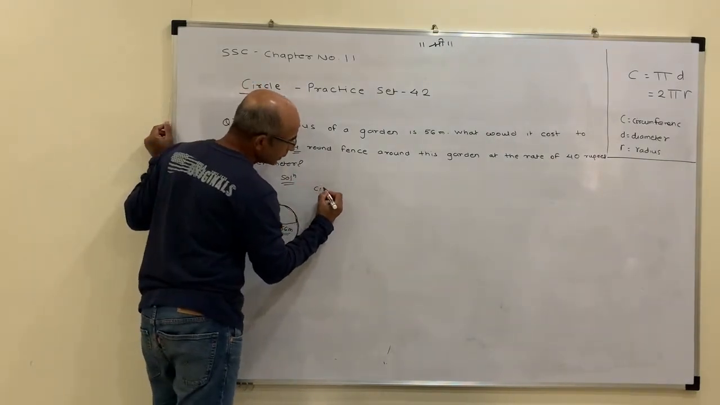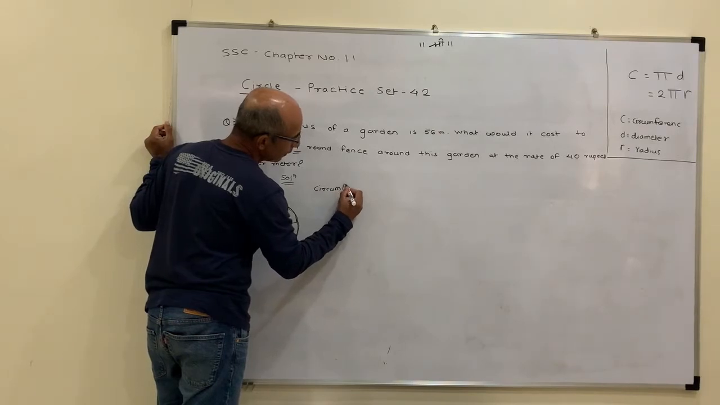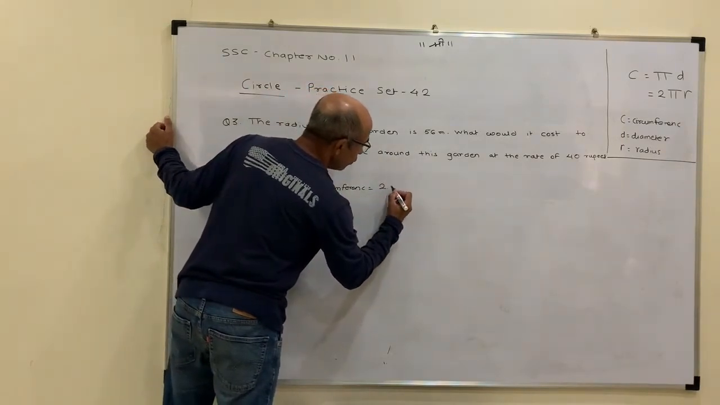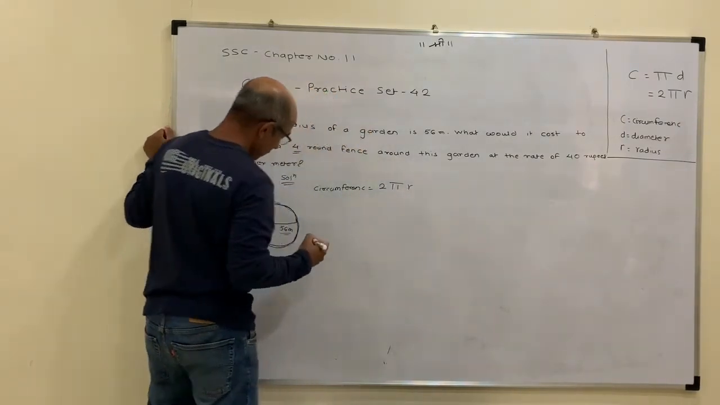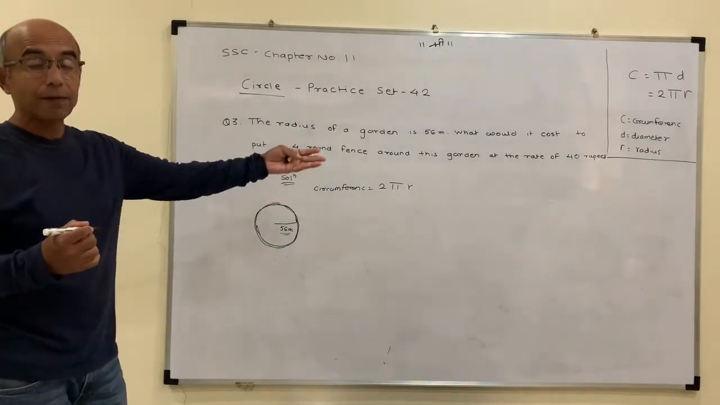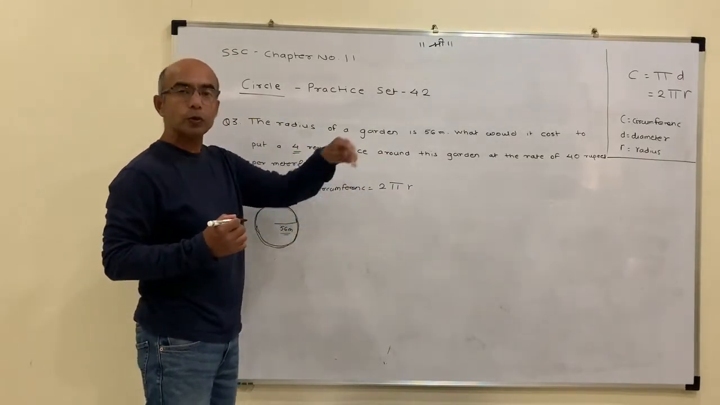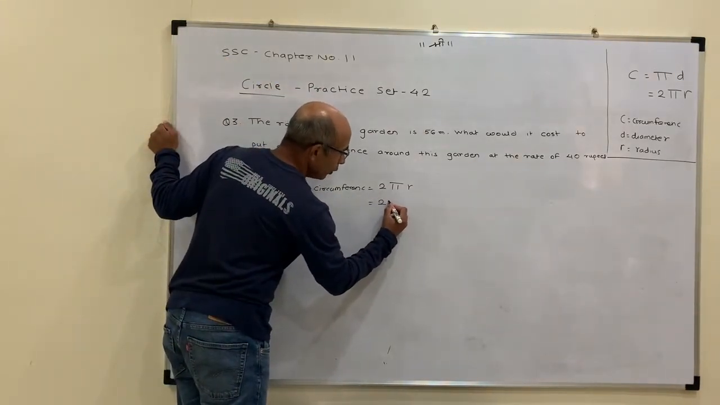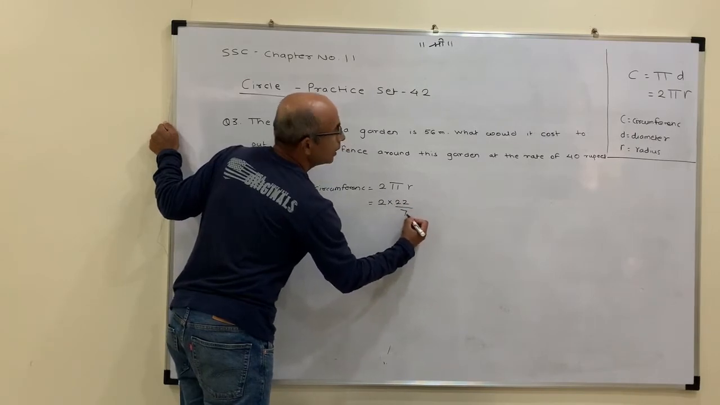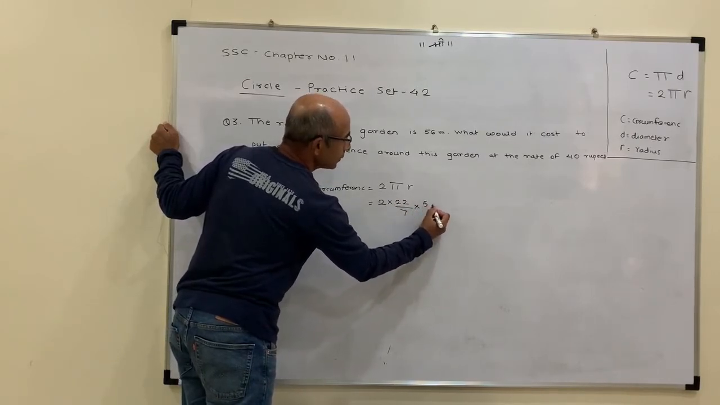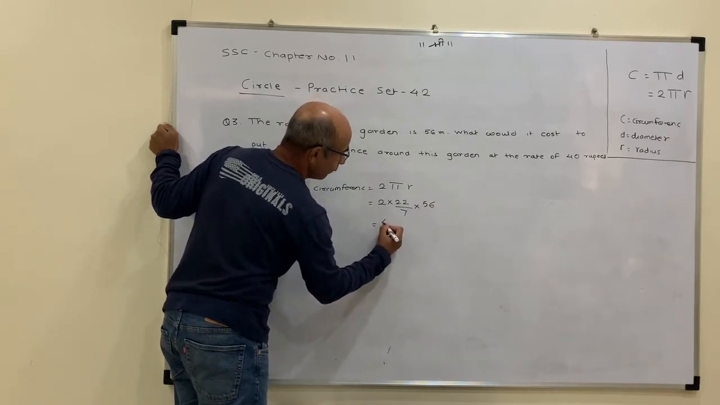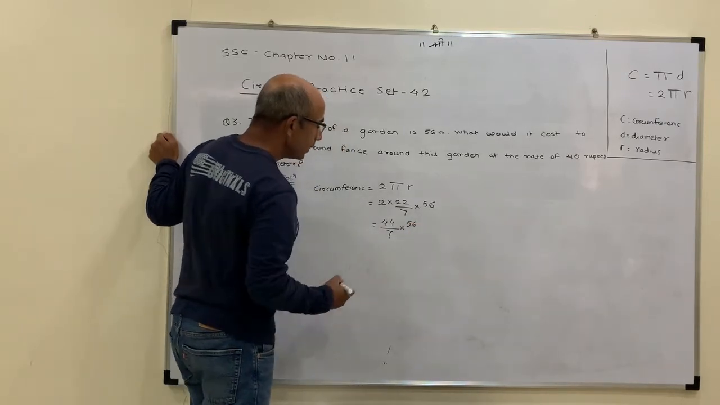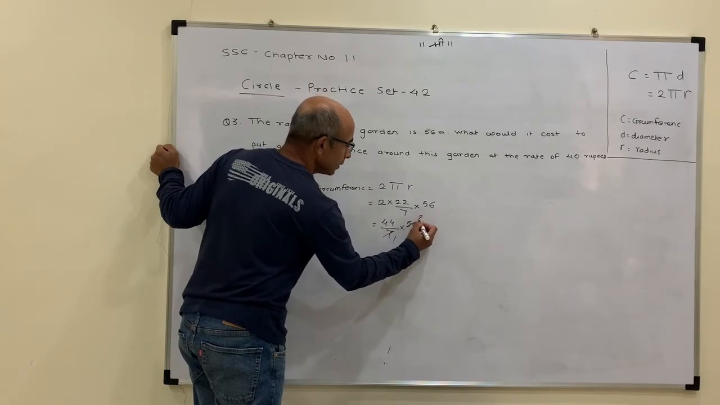Circumference is equal to 2 pi r. Why 2 pi r? Because r is given. If they had given the diameter, then we would have said pi d. So 2 pi r: 2 into 22 by 7 into 56. Now that comes out to be 44 divided by 7 into 56. 7 into 56,